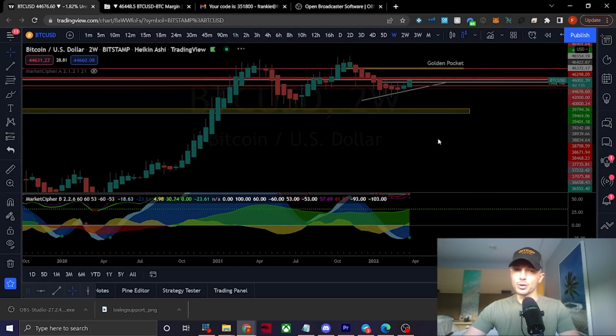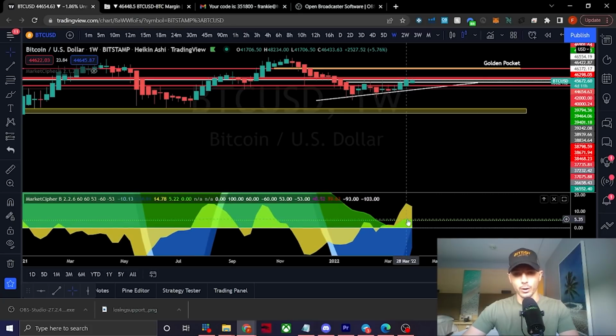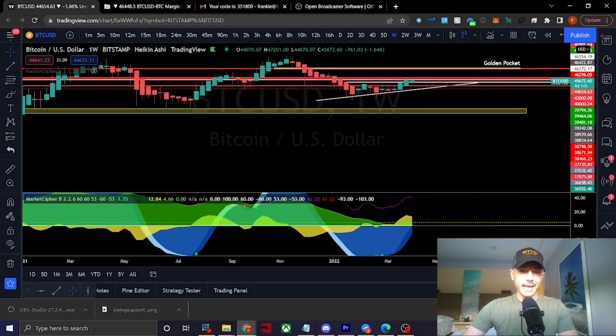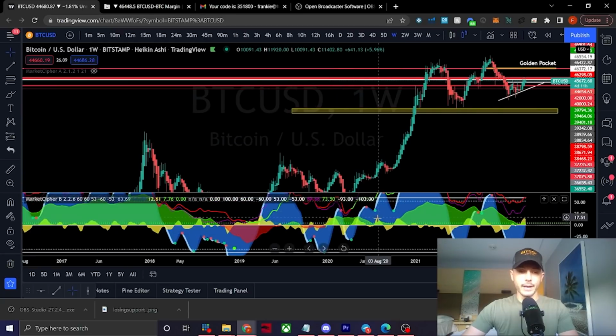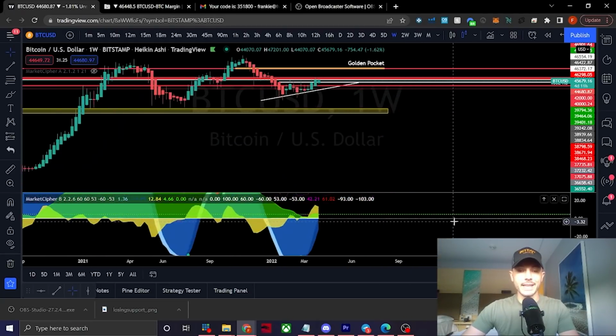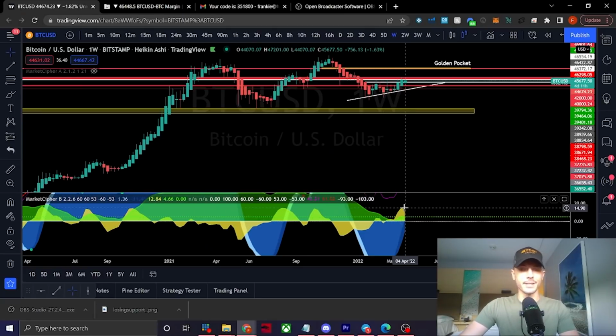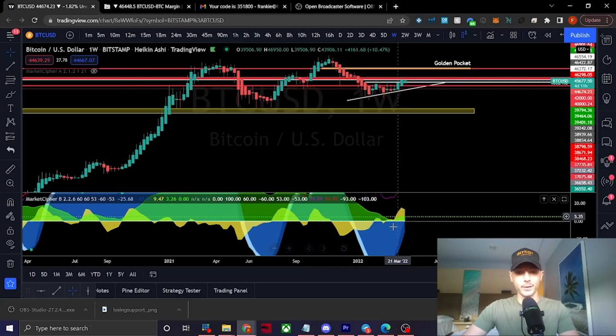Now coming on down to the weekly chart, you'll see we do have the VWAP starting to curve down. We do have money flow starting to curve down, right? You can see that right here. And I would say, as you guys know, I do feel pretty bearish about the weekly overall. Now, when we did get this VWAP crossover, I was saying that it could turn around, and we still could see it turn around here. Definitely a good sign that the VWAP did come up and money flow found support on the zero line here